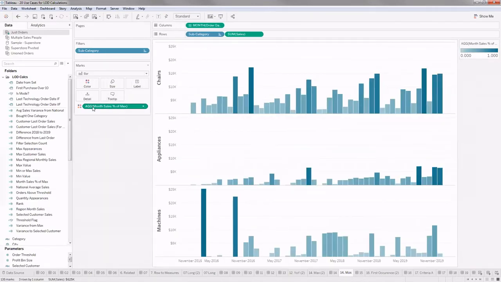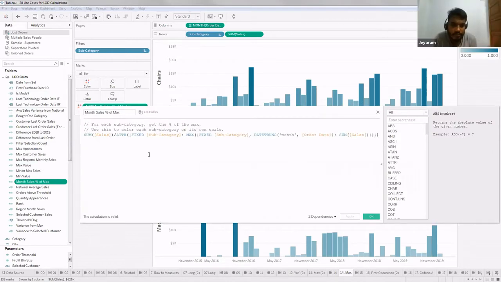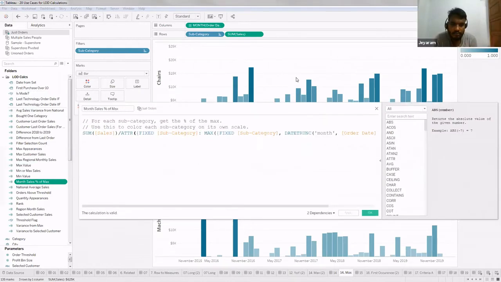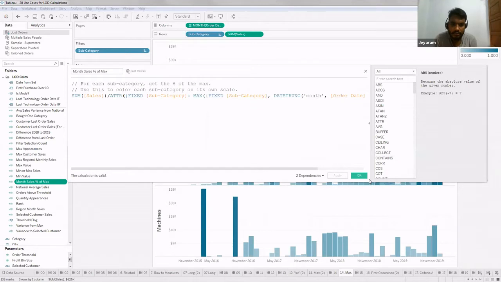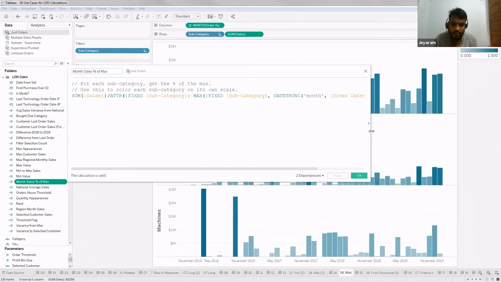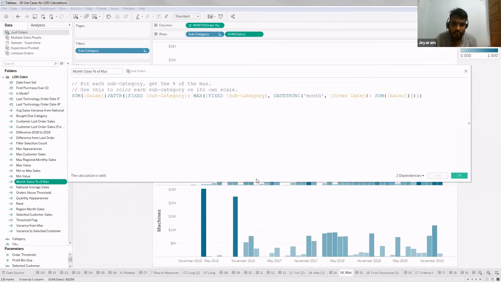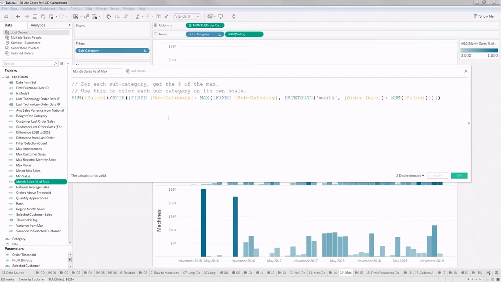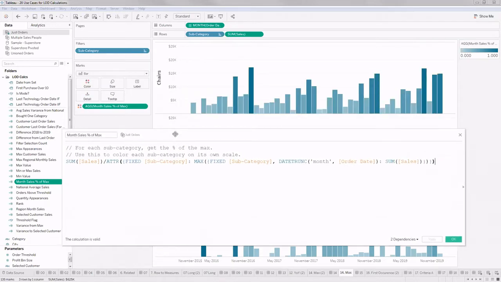If you see here, I use the proxy calculation in the color, and let's see how the calculation goes. Is the font big enough? Okay.